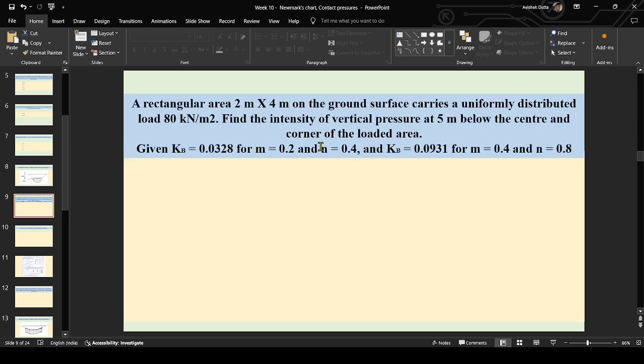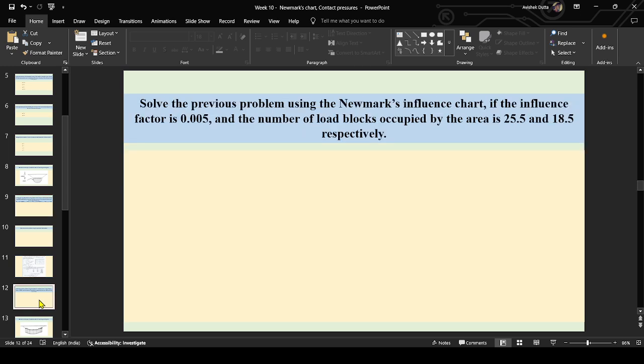A rectangular area 2 meter by 4 meter carries a UDL of 80 kilonewton per meter square. Find the intensity of vertical pressure at a depth of 5 meter below the center and the corner. Now here, to solve the same problem using the Newmark's influence chart, the influence factor is 0.005, it is given, and the number of load blocks occupied by the area is